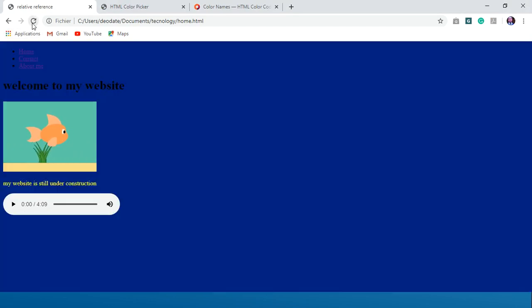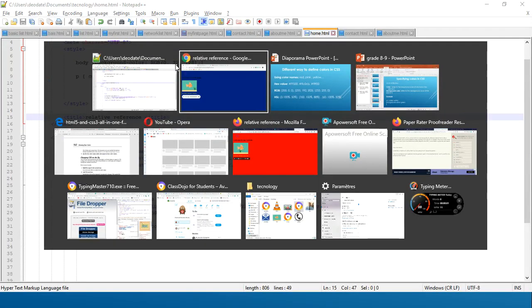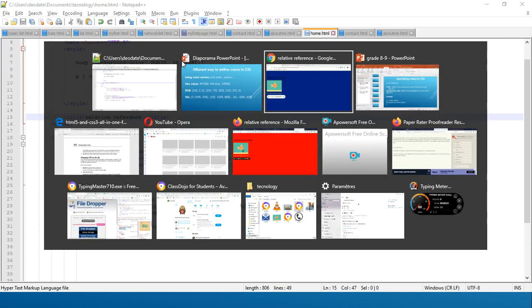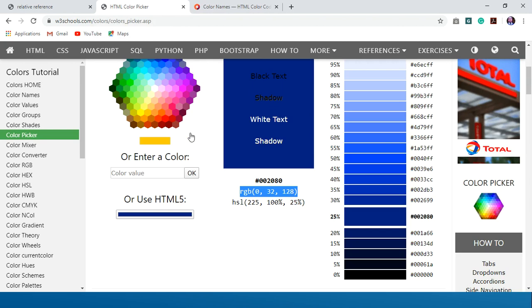This is it. This time around I didn't use the hex value, I didn't use the color name, but I used the RGB value that I got from this website,